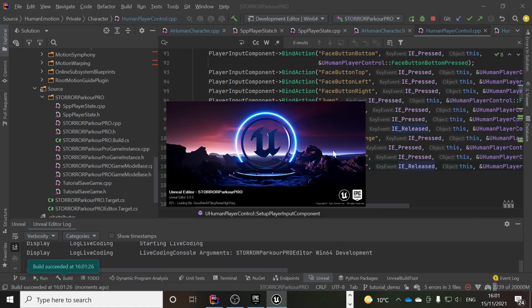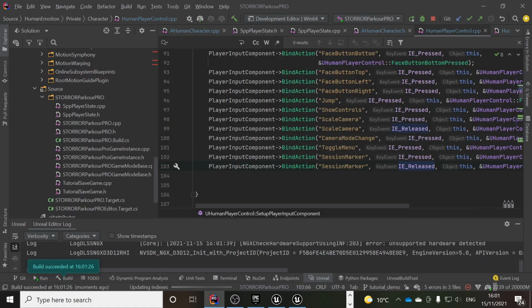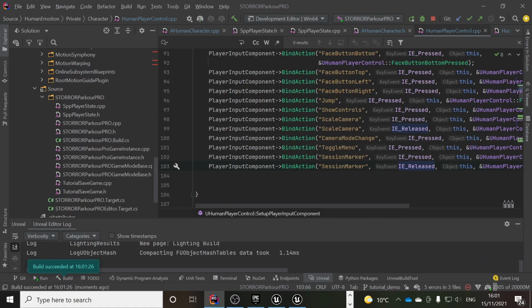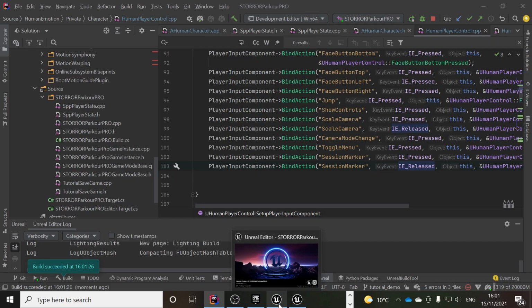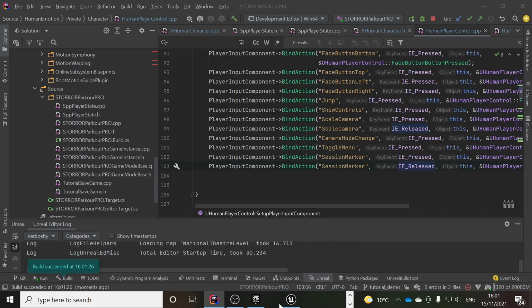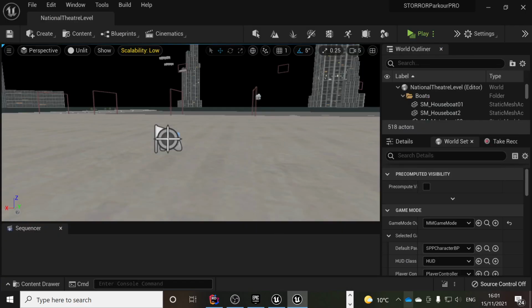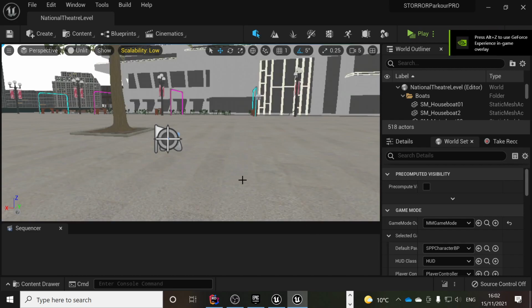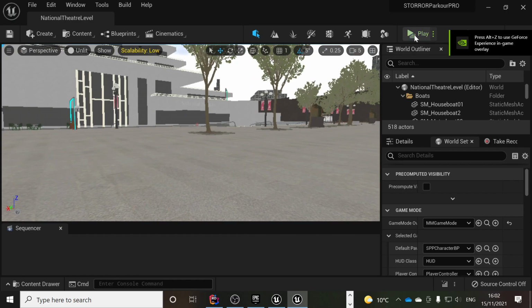So if this decides to load, there we go. So there were no errors, so hopefully it just works. It's a lot of code I did without testing much, so hopefully, fingers crossed. But I'm pretty confident in the methodology of it, so it should be fine. Ignore my low scalability unlit world, just because when I run the game, my mic goes to poop. So if I play,